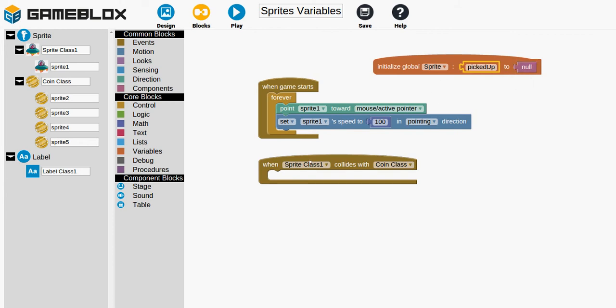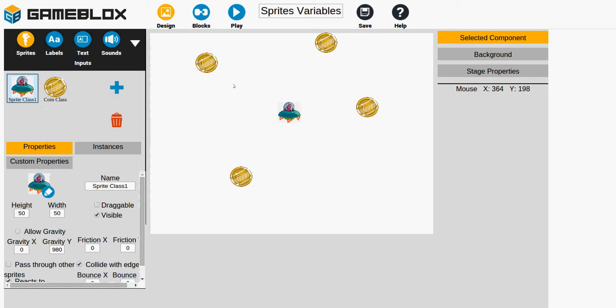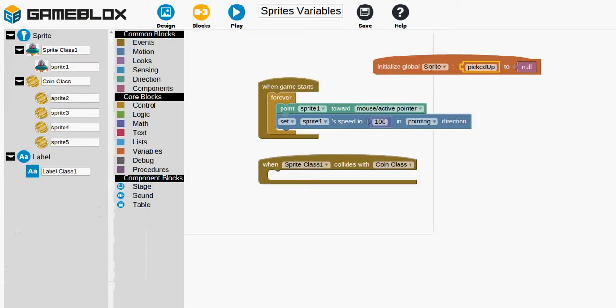So we want when our UFO touches a coin, we want it to disappear, and we want this picked up variable to hold that sprite. The easiest way to do that is we want to check if this value is still null or if it's currently a sprite. And so we will click on control, and we want an if do statement or block,